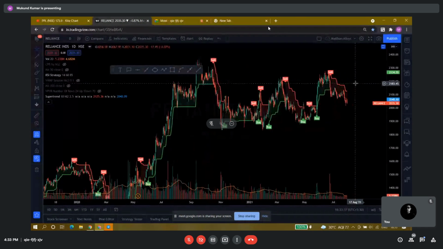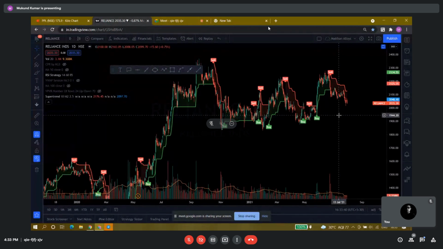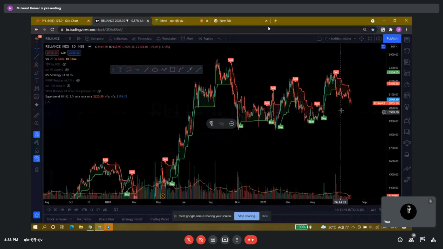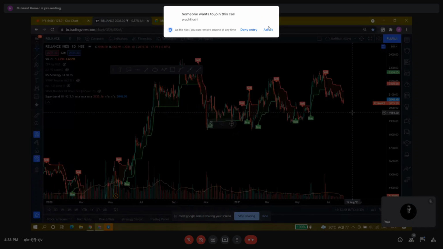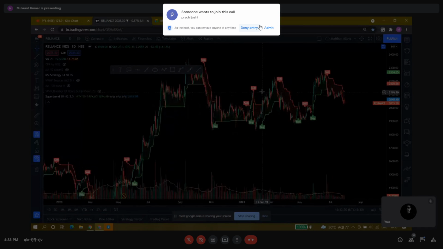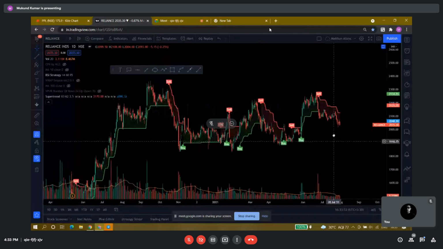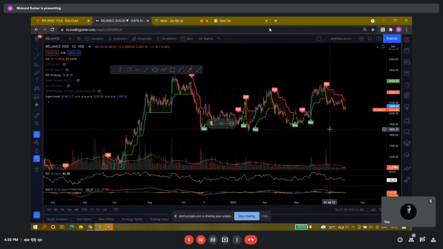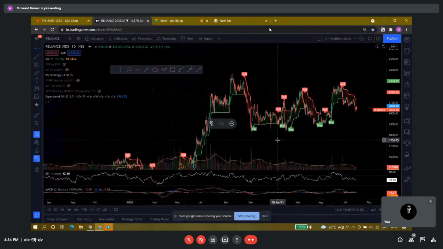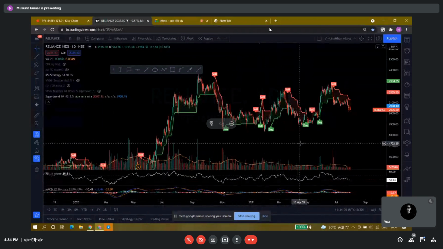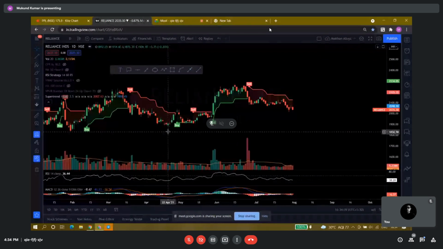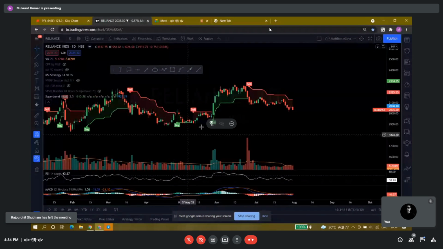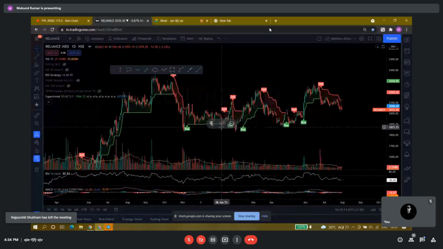Yes, tell me, who was asking about Reliance? Yeah, this was Sahil. Don't you see an inverse head and shoulder, or is it my mistake? Inverse head and shoulder on the daily chart, weekly chart? How are you telling this as an inverse head and shoulder? I was currently on phone, so I just thought somewhere between May and June. No, I don't see this. Okay, could be my mistake.